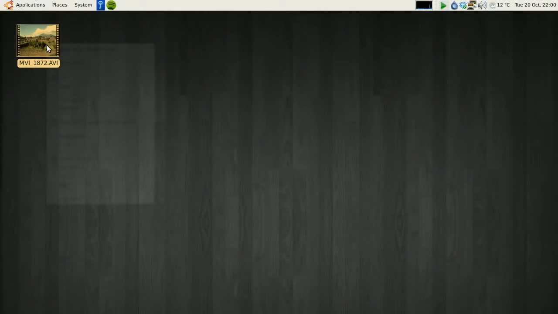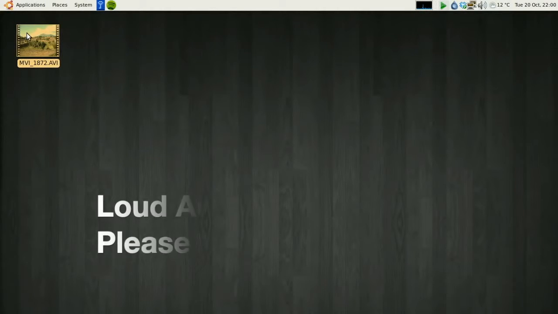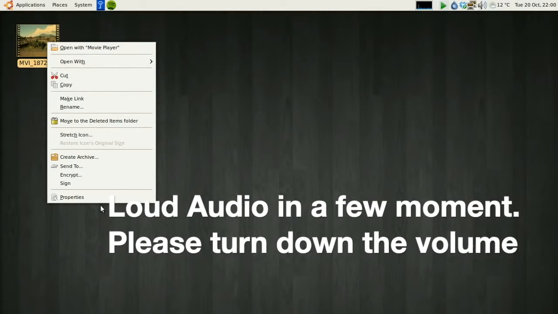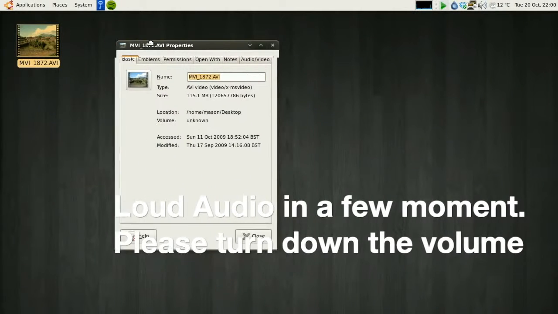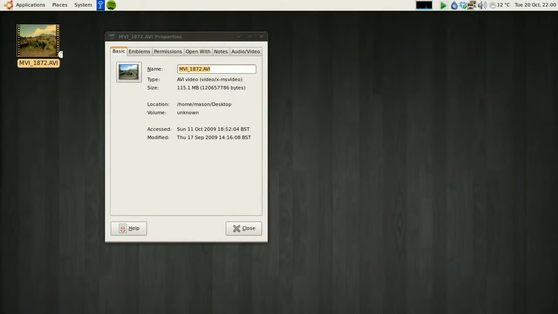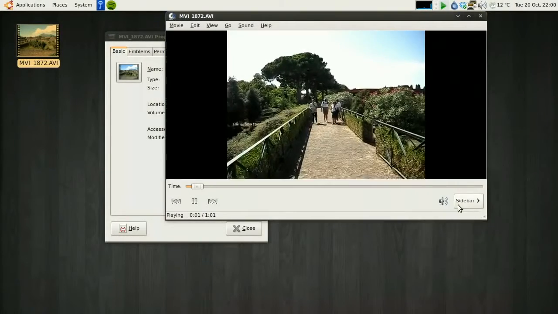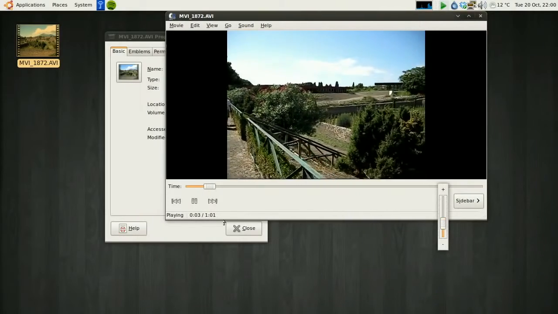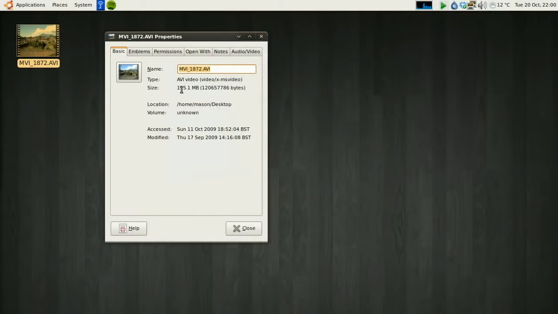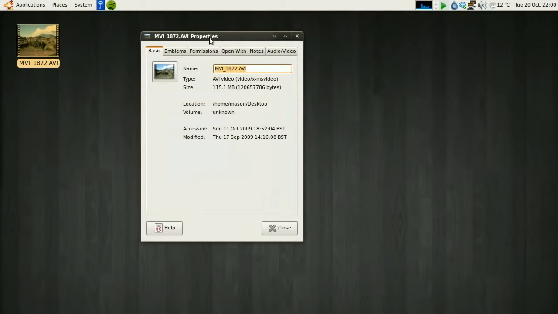The example here is I've taken this video on holiday. This was taken with a normal digital camera. Now, because it's a small device and they're not particularly powerful, they don't do very good compression, which leaves the file size rather large. So if you look at this video, it's 115 megabytes. Now on a slower connection, maybe a 1 meg connection, that's going to take a long time